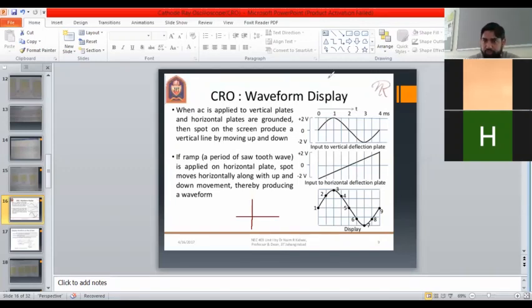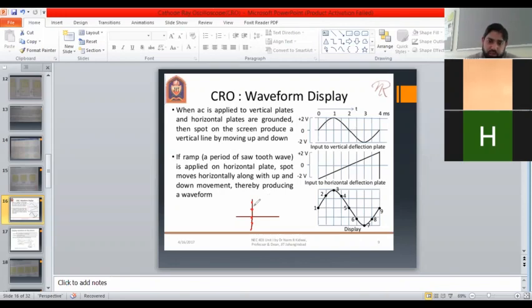The dot will be moving. That is very good. So let us see this step by step. When the signal was at 0 volts, the dot will be at the center. There will be a dot at the center. When the signal is at 1 volt, the dot will move up. When the signal is at 2 volts, then the dot will move here. And then going down again, -1, -2. So the dot will be here and it will be here. So it means the dot will be moving on the y-axis above and below when an AC signal is applied.